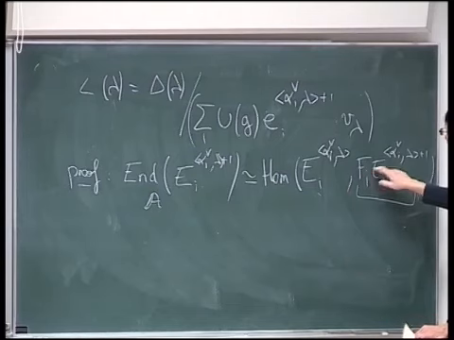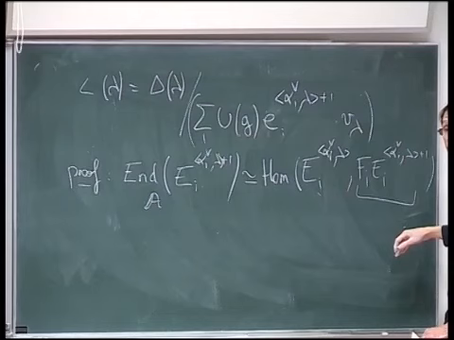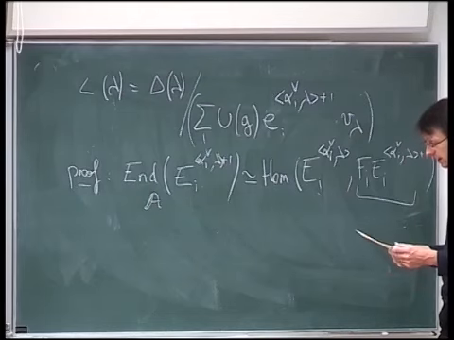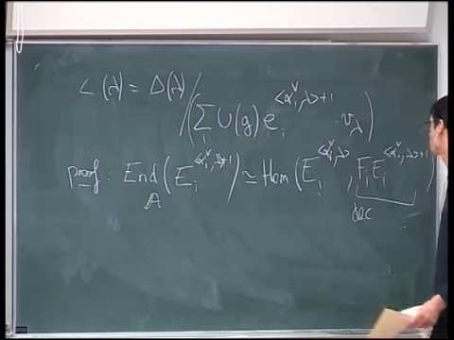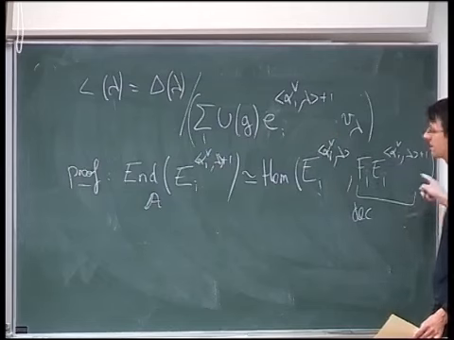It's going to be EI to a big power times Fi plus something involving a smaller power of EI. And anyway, you can use this decomposition to show that eventually this space is 0 when it acts